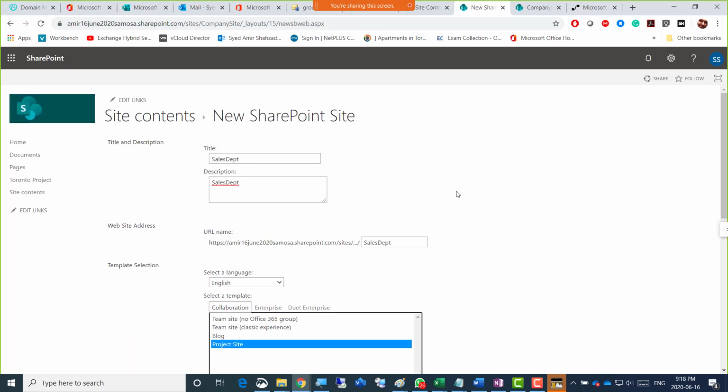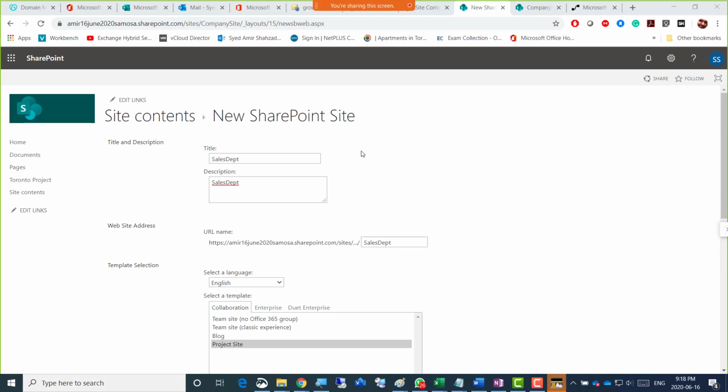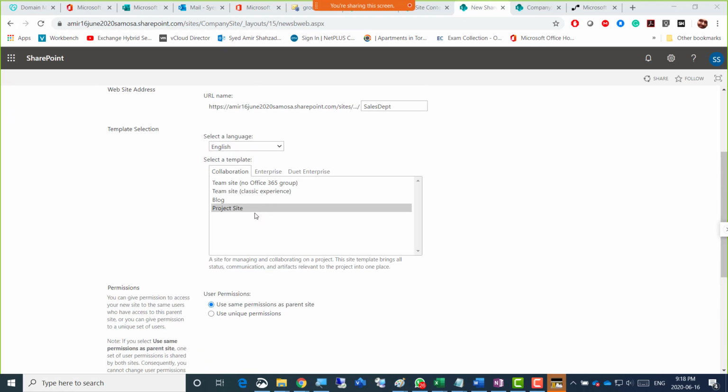Suppose there's a project in Nunavut going on for this company, so you would name a subsite Nunavut subsite. Plus, you will select that project template, because that's really useful for checking what the progress of a project is, who's responsible for what, and which date to which date the project should be finished, starting at, right? So there's that subsite that we are creating here, and there's a project there.